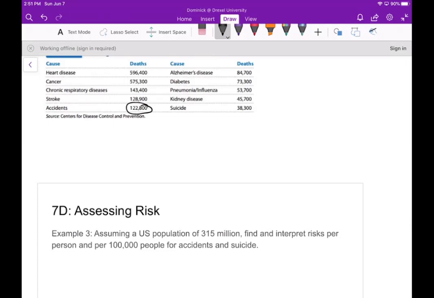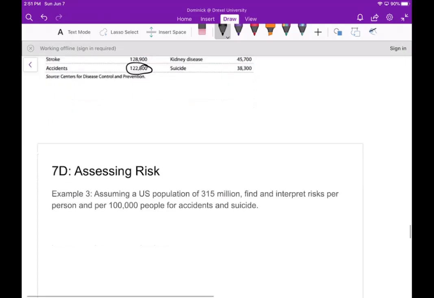Okay, so for example, let's look at accidents. So we have 122,800. Now, if we want to get this per person, then we would need to divide this by the number of people. So we need to divide by 315 million. All right, so if we calculate this, 122,800 times 315 million, we get that this is